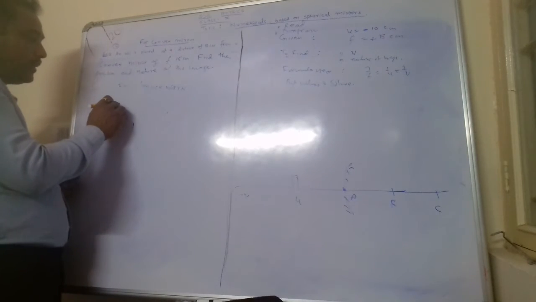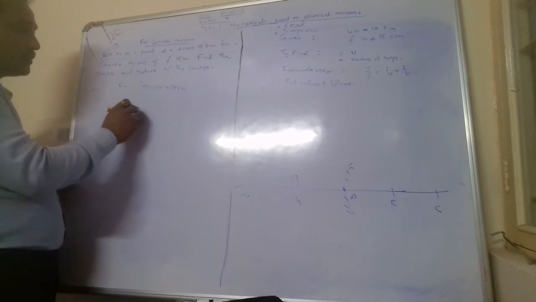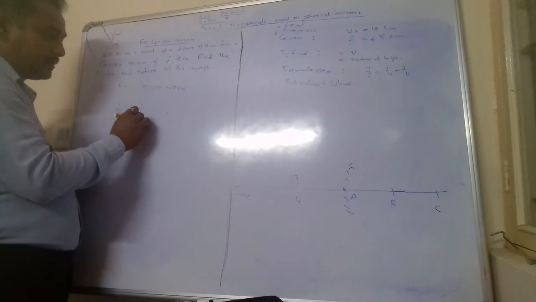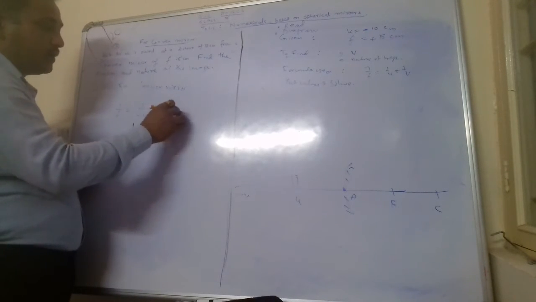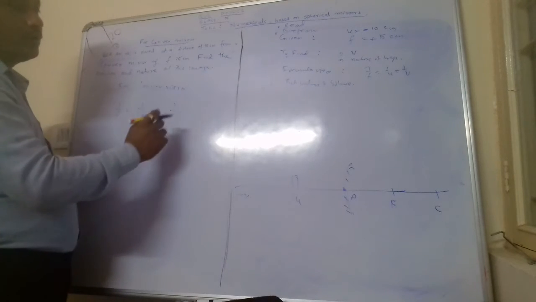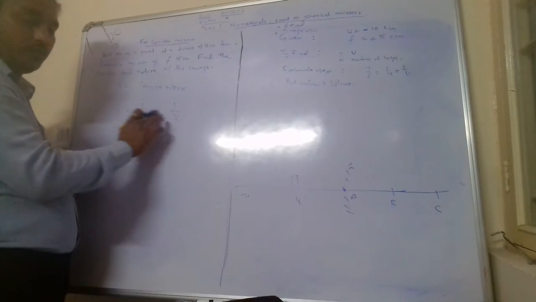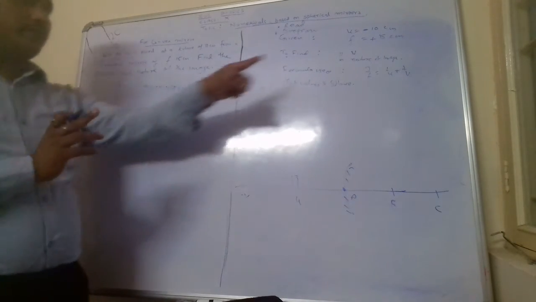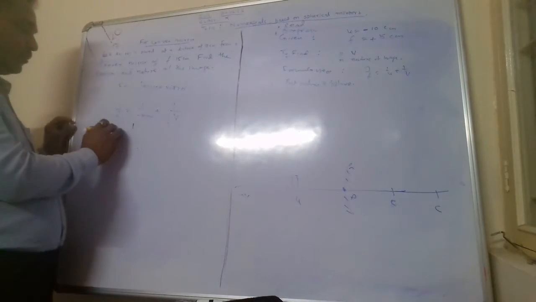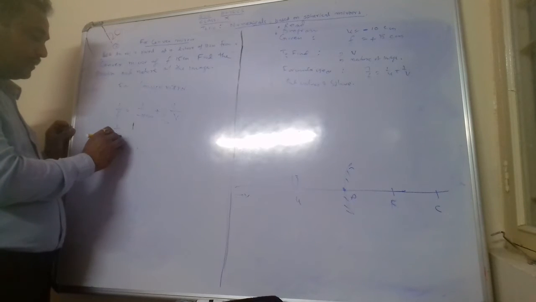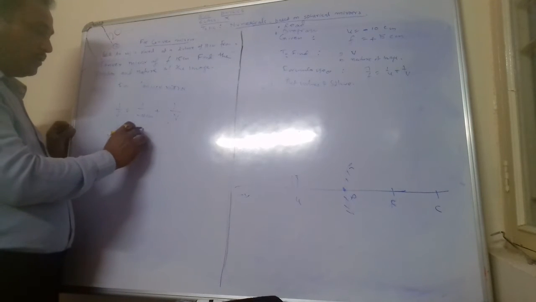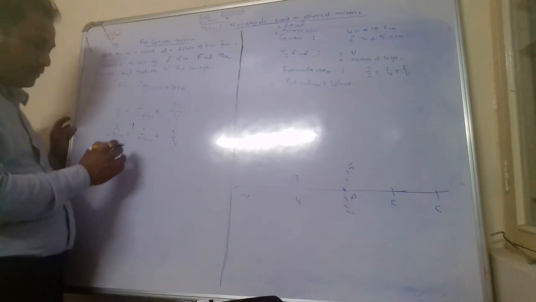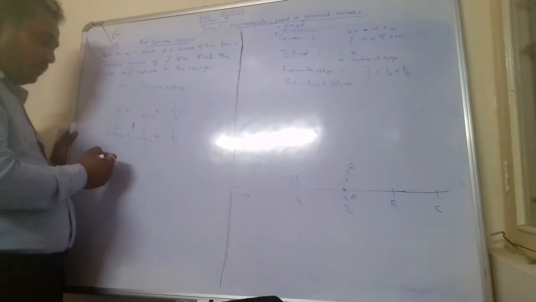So here 1 by f is equal to 1 upon u. U is how much? Minus 10 cm, plus 1 by v. You have to find that, it is unknown, leave it as such. Now focal length is also given, plus 15 centimeter. We will put here 1 by 15 centimeter. The plus sign is this one. 1 by minus 10 cm plus 1 by v. So you are solving for the v.